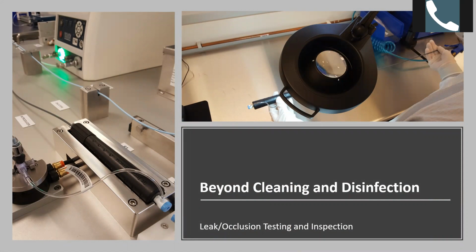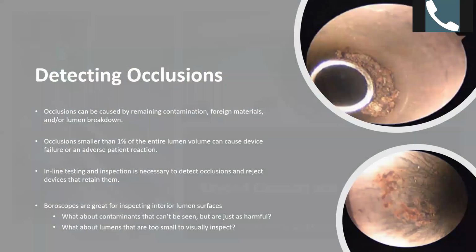So let's talk about what happens after the cleaning and disinfection process is completed. So first off, what is an occlusion? An occlusion is anything, be it contamination, material breakdown, or other foreign object residing within a lumen that restricts flow. It's important that these are detected because they could lead to device failure or increased patient risk if left behind